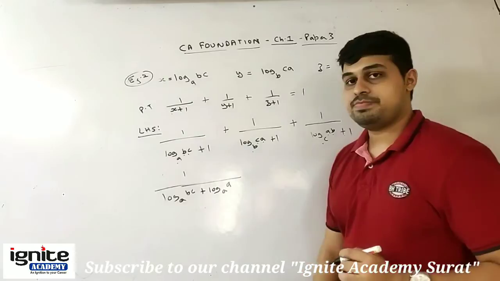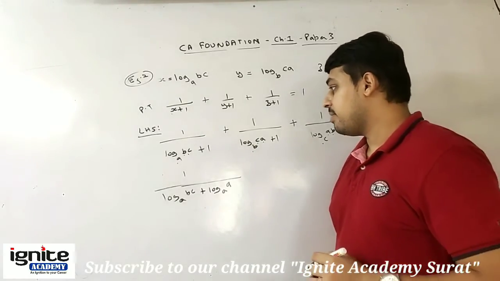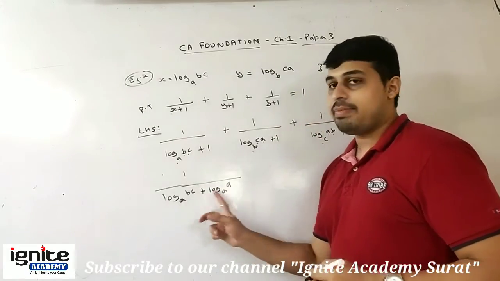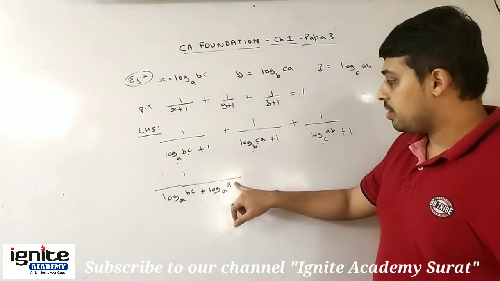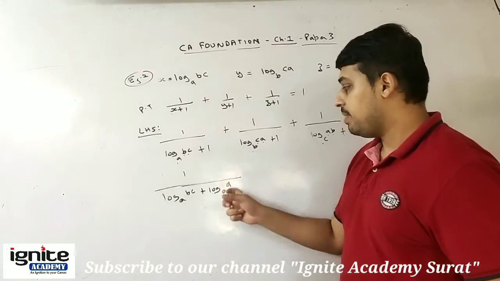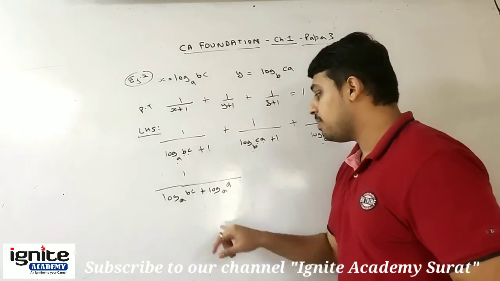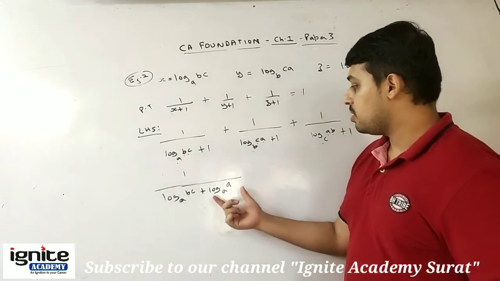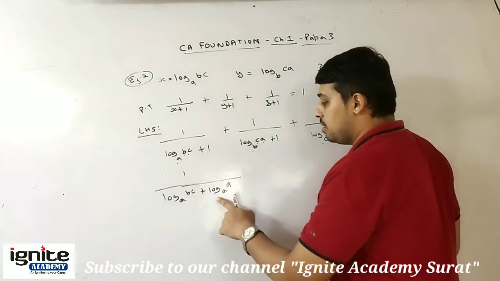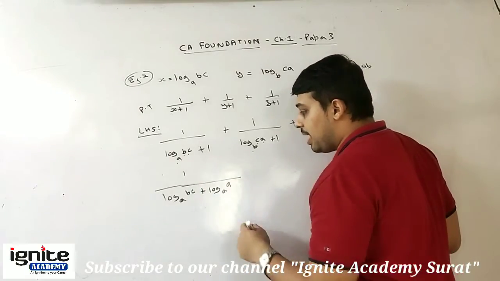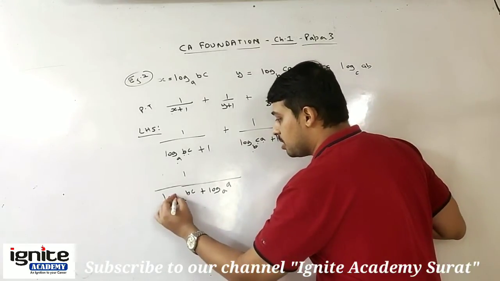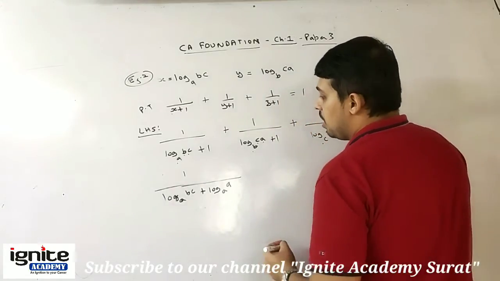log A base A. Now why did I write 1 as log A base A? Because see, here the base is A. I am trying to match the base. And why A here? Because you cannot change the value of the question. If it is 1, then it should be 1. Log A base A is 1. I cannot write log B to the base A or log C to the base A, because then the question will be changed. But by writing 1 as log A base A, I am not changing the value given in the question. I am just changing the presentation. Next.